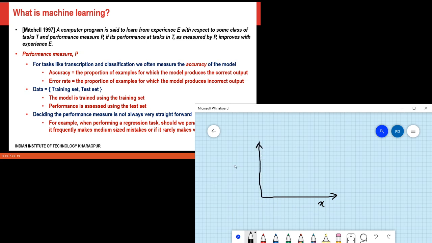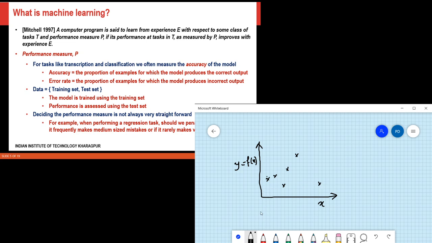This is my plot, and let us say I have a set of points here, here, here, maybe here, okay, maybe one here, and maybe one here, okay.